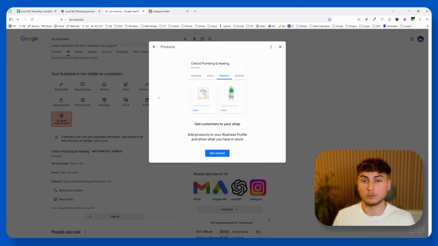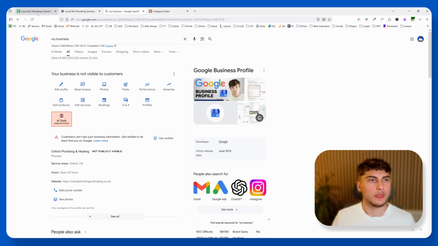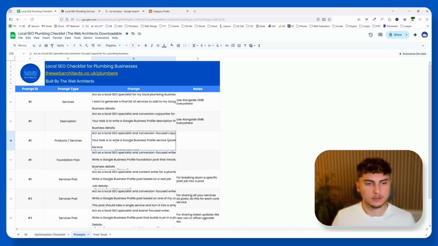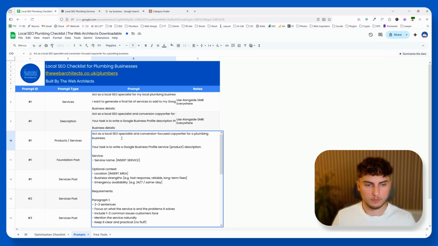It's basically another way to tell Google that you offer boiler repair. We've already mentioned it 3 or 4 times in some places. This is another place. You want to reinforce it across your profile basically wherever it makes sense, as long as you're not spamming. And you can add these services by going to the free checklist, grabbing the product's prompt, copying